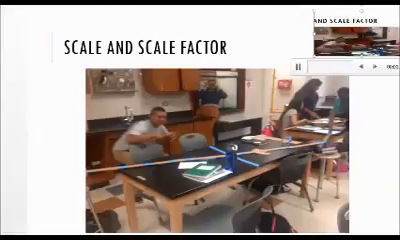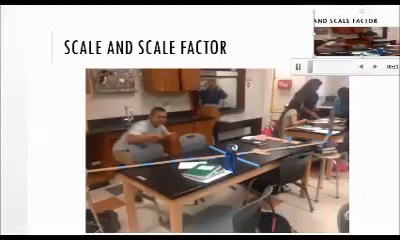Scale and scale factor is basically the ratio of any two corresponding lengths in two similar geometric figures. To find the scale factor, you have to locate two corresponding sides, one on each figure. And you have to write the ratio of one length to the other to find the scale factor from one figure to the other. In our assignment, we used